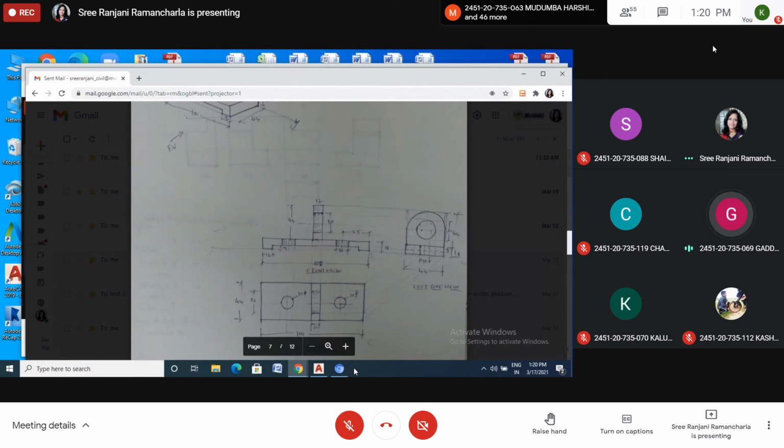You can do some at home and send them by mail, then continue there. Yes, like that you can continue. Those who have already done them, no need to do them in the college. You can do other problems, but be sure that your name is on each and every page. If your name is not there, then we won't believe that these drawings are yours.